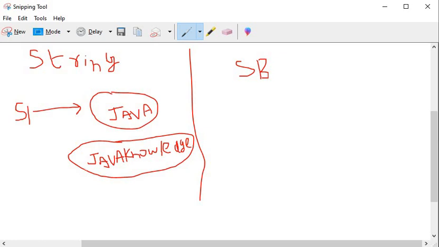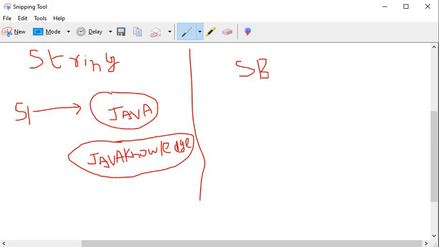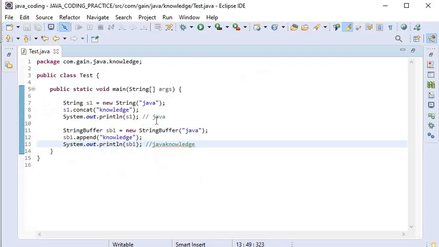But the already existing object has no modification, and a new object has been created because we are trying to modify the content, and s1 is referencing only Java. So here the output will be Java.